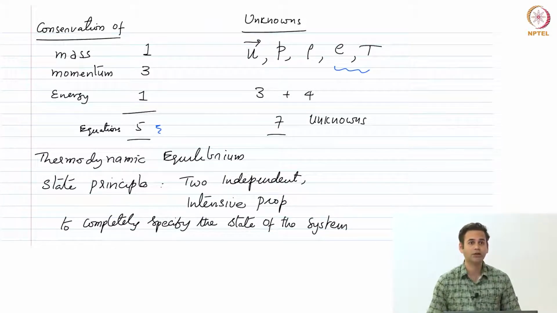That means there are no other external forces acting on this particular system, okay. So we just need 2 independent intensive properties, and all other properties can be obtained from these independent properties